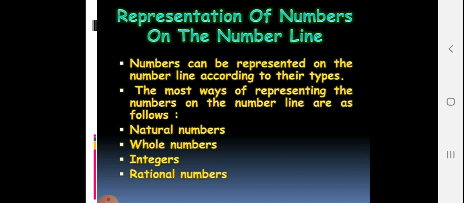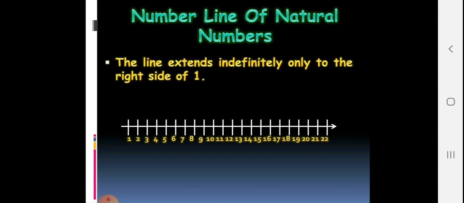Now let's talk about how rational numbers can be represented on the number line. Numbers can be represented on the number line according to their types. The order of representing numbers on the number line is as follows: first natural numbers, then whole numbers, then integers, and at last rational numbers. Now on the number line you can see here 1, 2, 3, 4, 5. On the right hand side we will take all the natural numbers. In the center we will take a 0, and from the left hand side we will hold all the